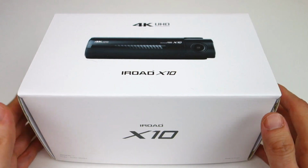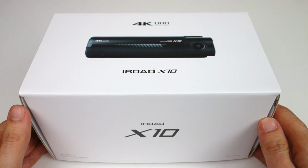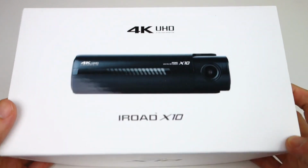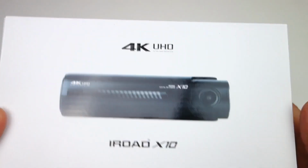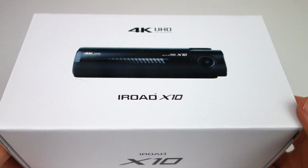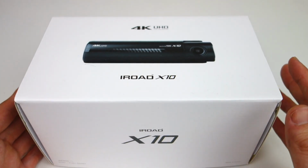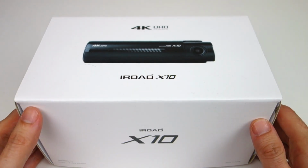So I think it's very important to have that rear camera, and it's pretty cool to be able to show that footage for this review. Now as you can see on the top here, this is 4K Ultra HD in the front camera, 1080p in the rear camera. Now I'll have to apologize that footage was really blurry, or the window is really dirty, because